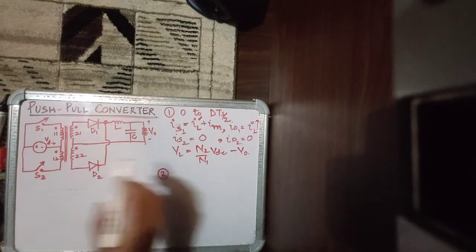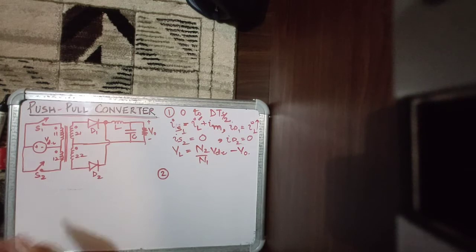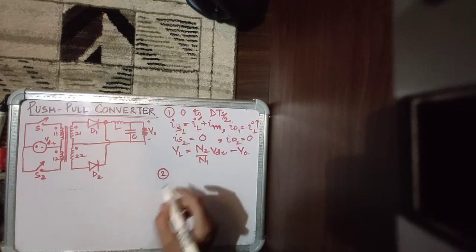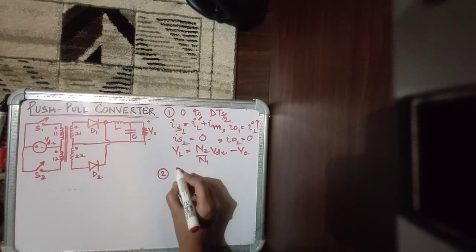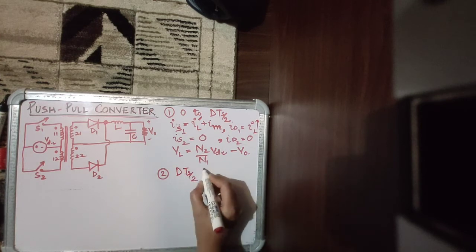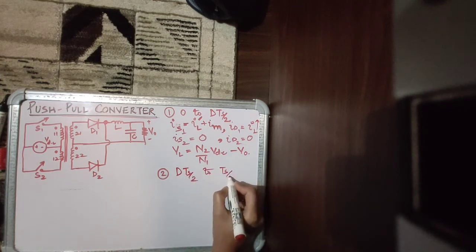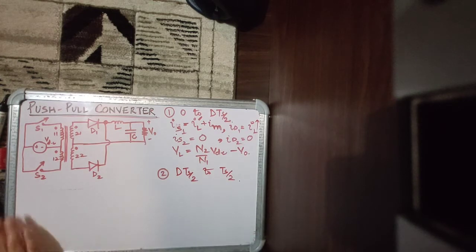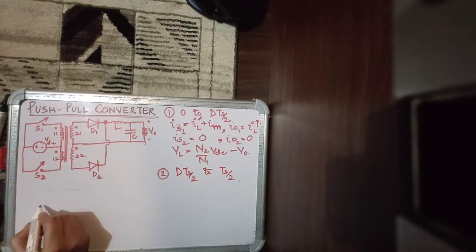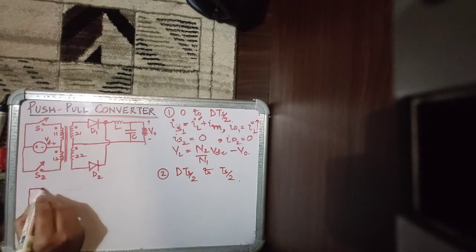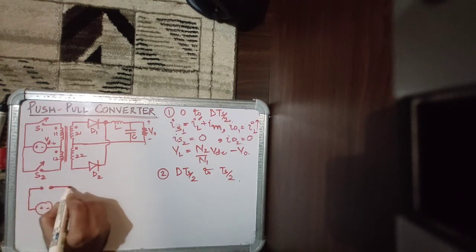Now let's move on to the second interval. In the second interval, we have withdrawn the pulse to S1, and we have not yet given the pulse to S2. So this interval is dTs by 2 to Ts by 2. Now let's see what happens in this interval. Let's draw the equivalent circuit over here. We have S1 going off,